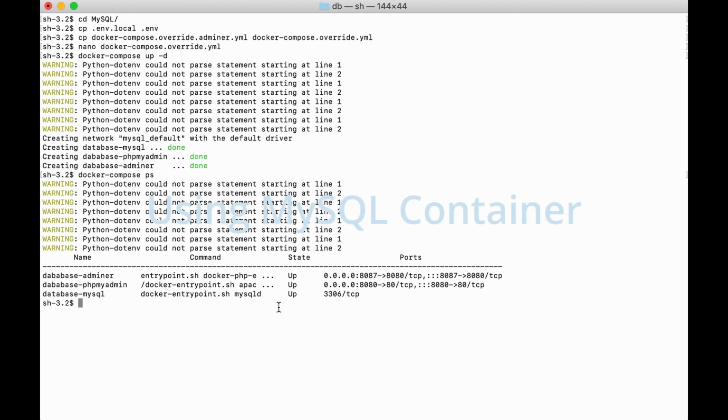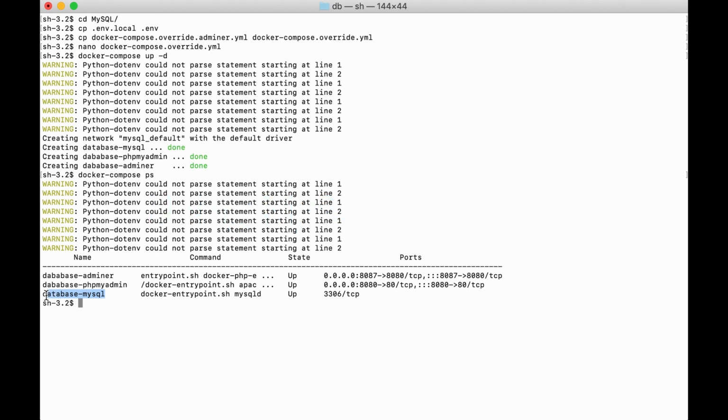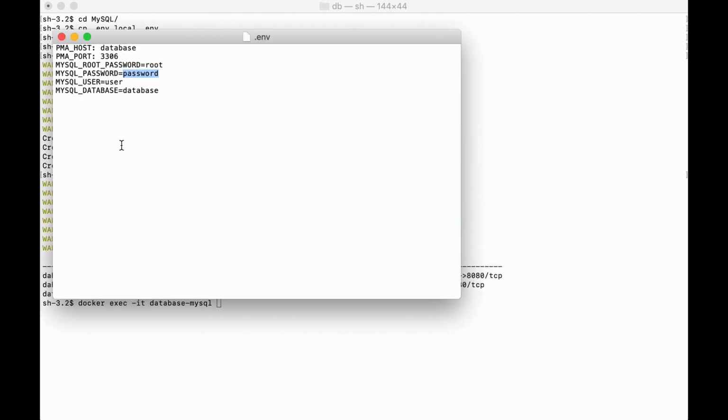Now how can we use those containers? We can go inside a container by using the name that is shown in this table. We need to use the command docker exec -it container_name, and the command that we want to run in the container. In our case it will be docker exec -it database mysql -u user -p database. That means we connect to the database called database using the user called user.